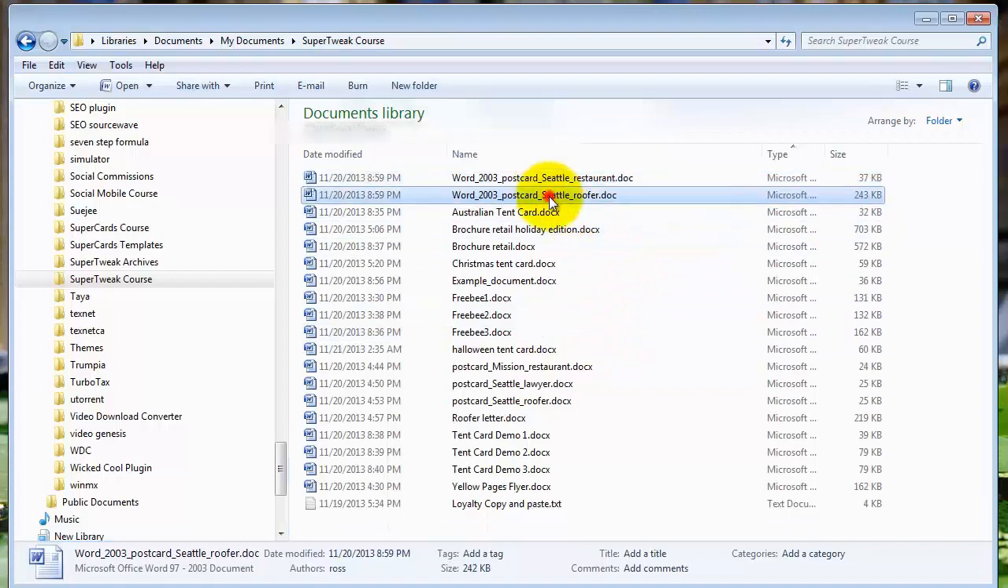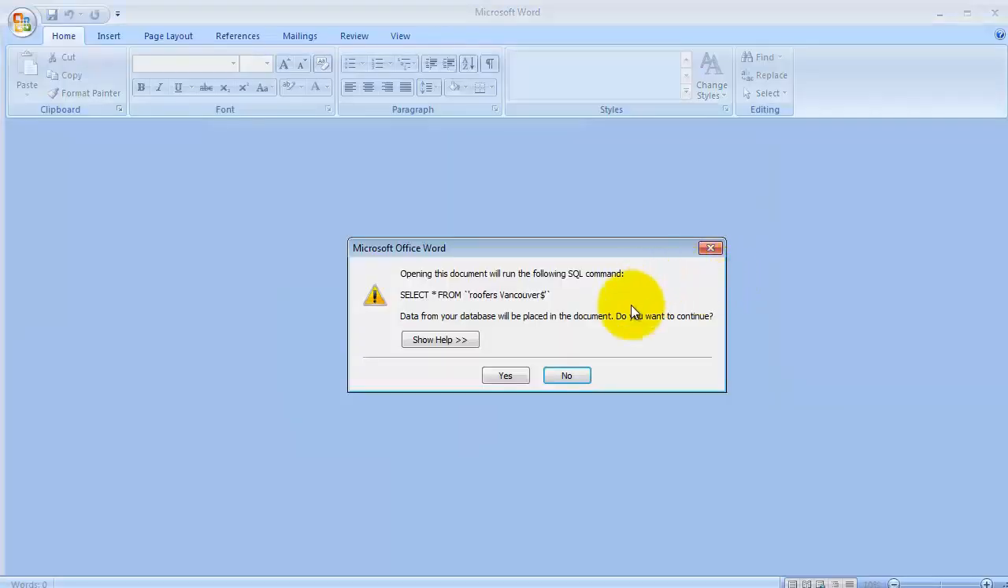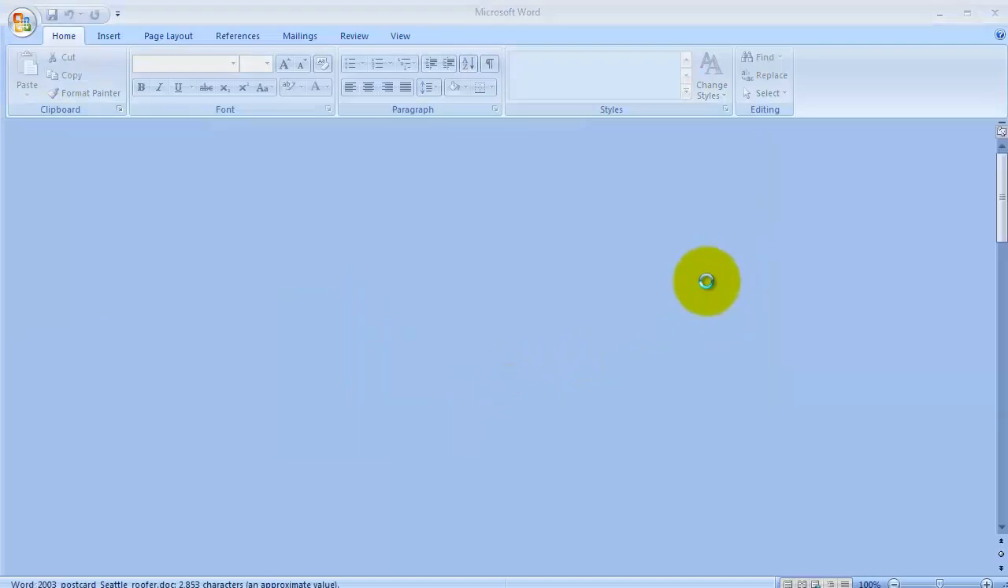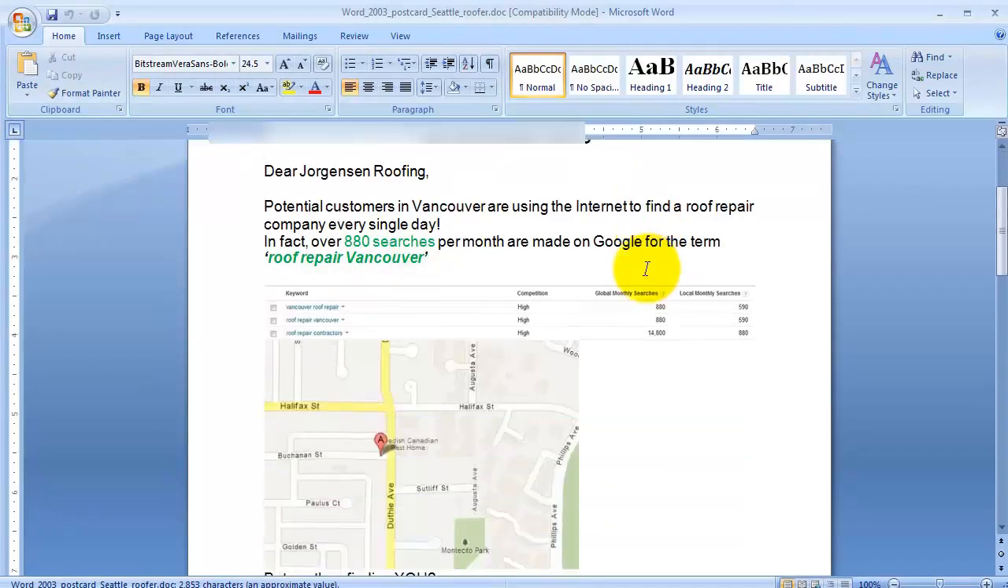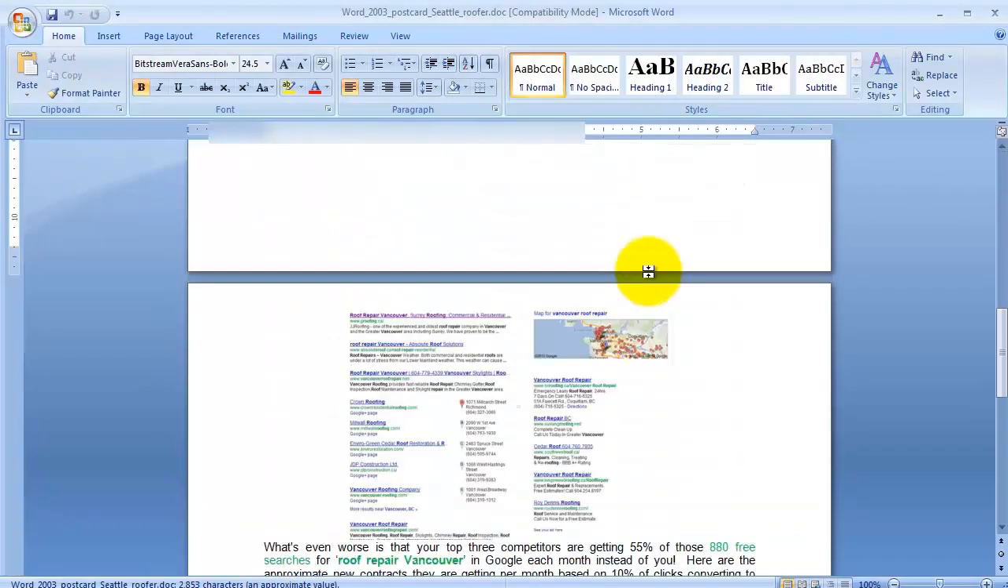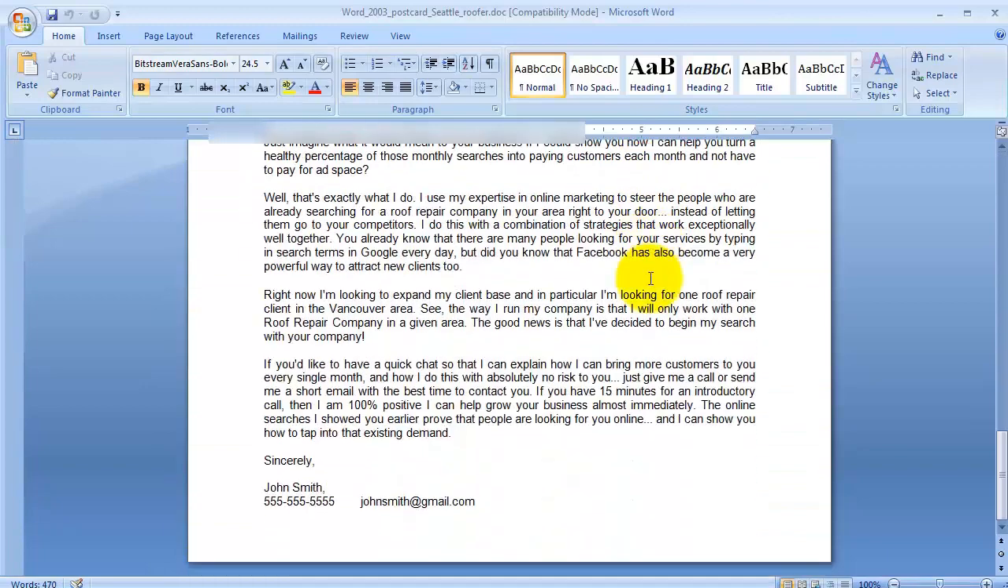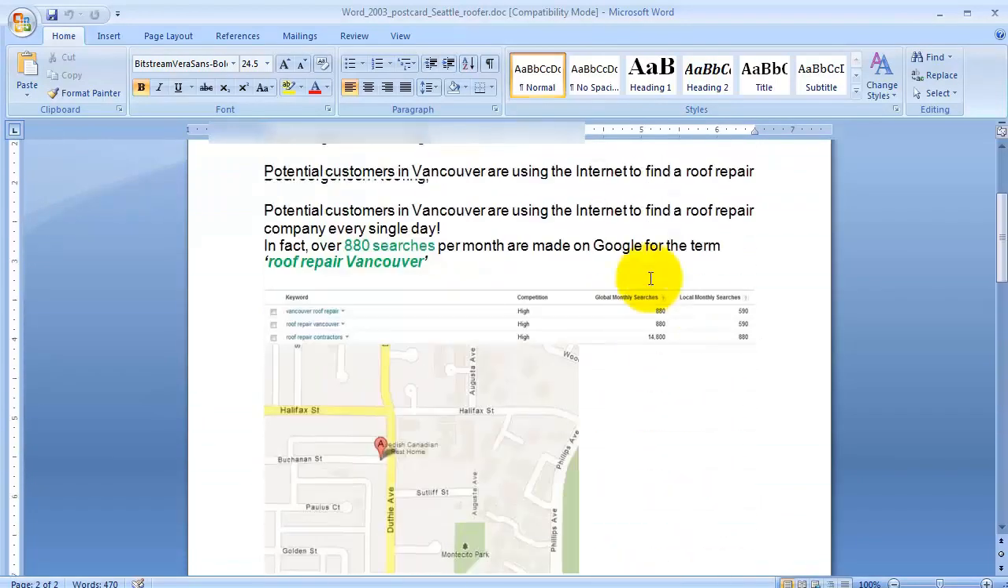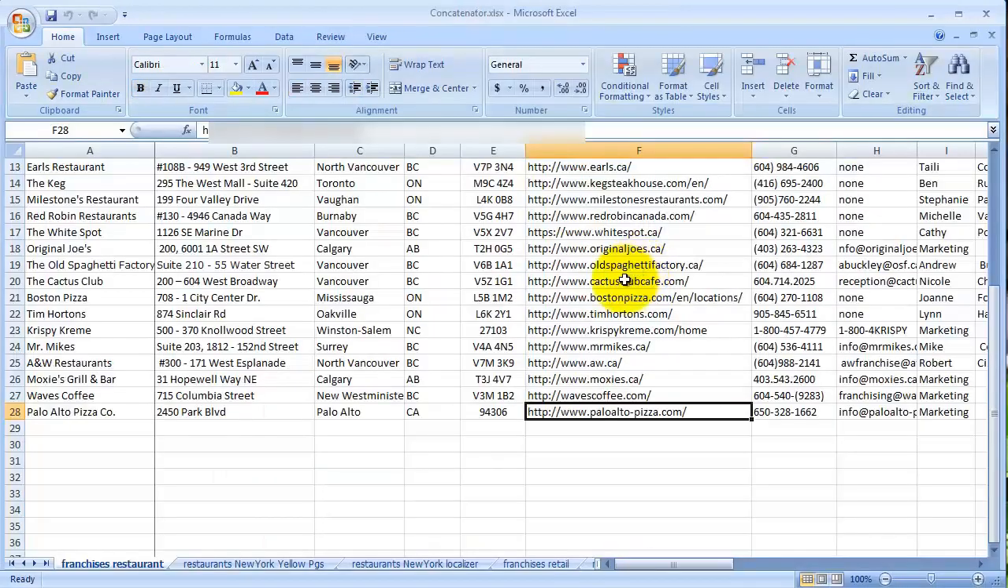So, let's just take a look. This is a roofer one here. That's 2003. And there's your roofing letter, which works as well. That's for SEO purposes. Okay, so you're going to be getting this spreadsheet called the concatenator, and there's a